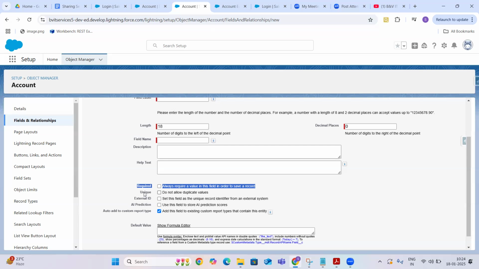Okay, so the first way of making a field required is at the field level, but never ever do this one, because once you make the field required at the field level, you can't control that field. You can't make that field optional for profiles or some users or anything. That's the reason, as a Salesforce best practice, we never make a field required on the page level. Sorry, field level.